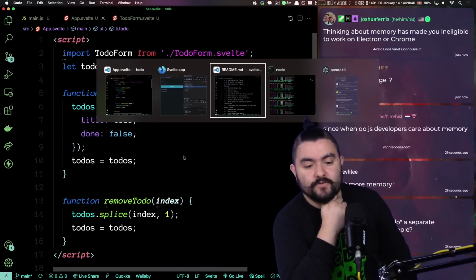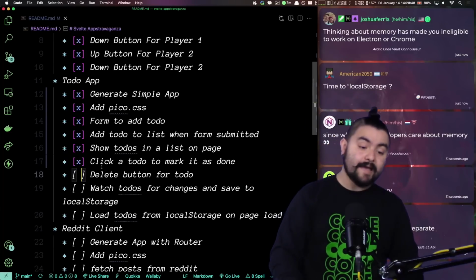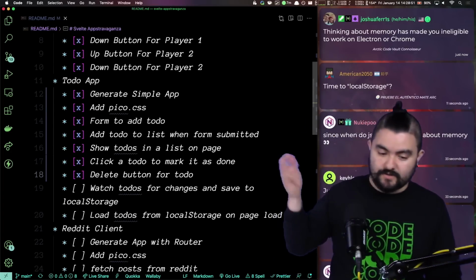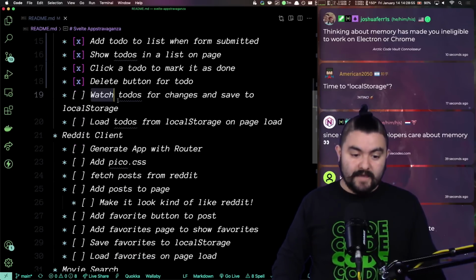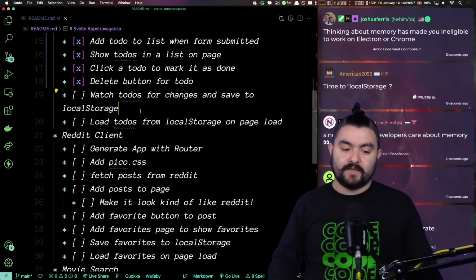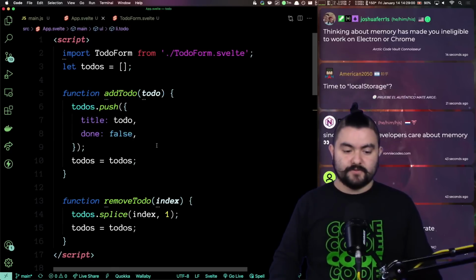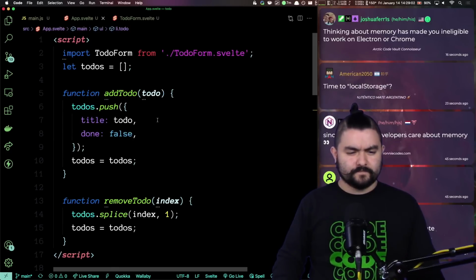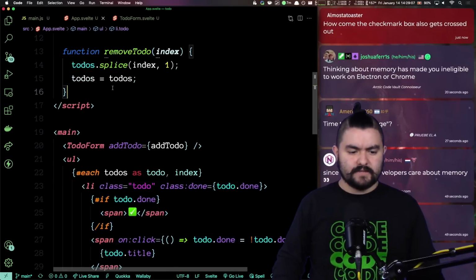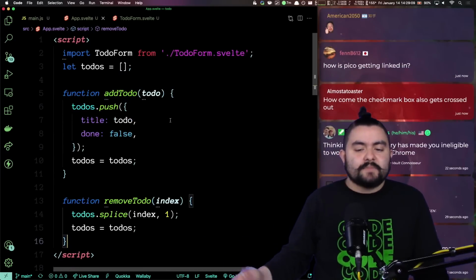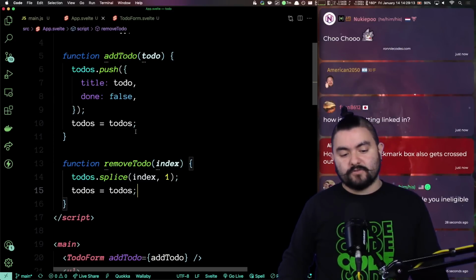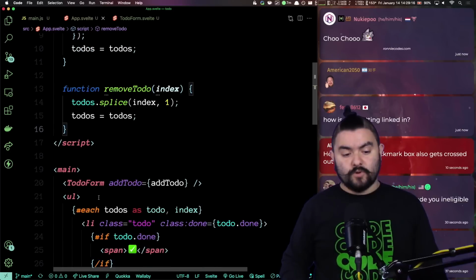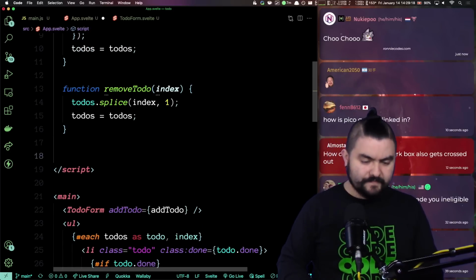Yeah, now we're going to work on the local storage stuffs because right now, if I refresh the page, all the to-dos disappear. So now we're going to watch for changes on the to-dos array and then save it to local storage. So let's do that here. I mean, technically, the only time the to-dos change is whenever we add one and remove one. So I could just write to local storage right here, but I do want to show you how you can watch a variable